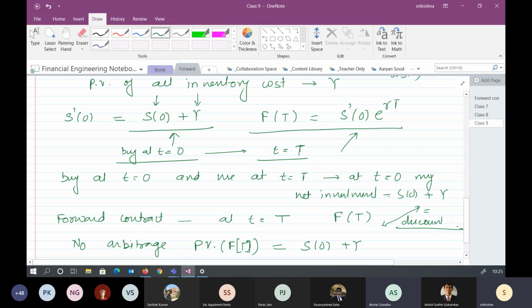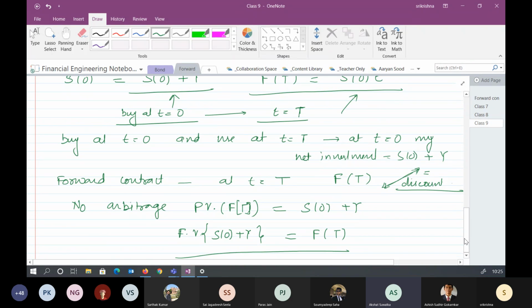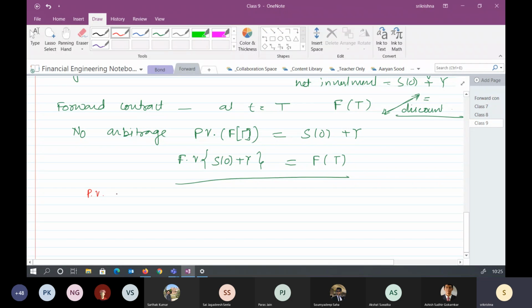So sir, I'm comparing these two cash flows, which are happening in two different time periods. Even if I'm not mentioning, please remember that when you are comparing two cash flows at two different time periods, you have to bring them to the same time level. Then only we can compare. So either you can take the present value or you can take the future value. So present value of FT means what? At t equal to 0 or at t equal to capital T? So present value of FT would be this one.